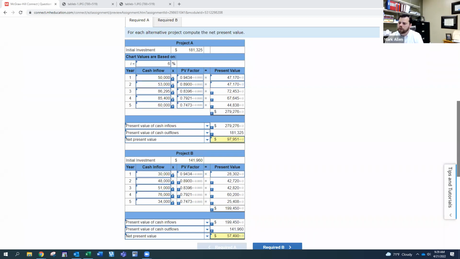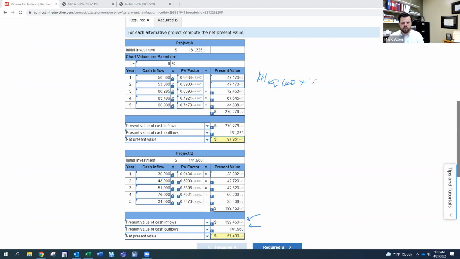So here we go. In this case, go ahead and multiply all that out. And what you'll find is that you end up with $199,450. This is your present value of the cash inflows. Then you'll need to subtract out the present value of the cash outflows. Once again, that happened today, so there was no need to do any discounting. If you wanted to imagine it, it would be like this: